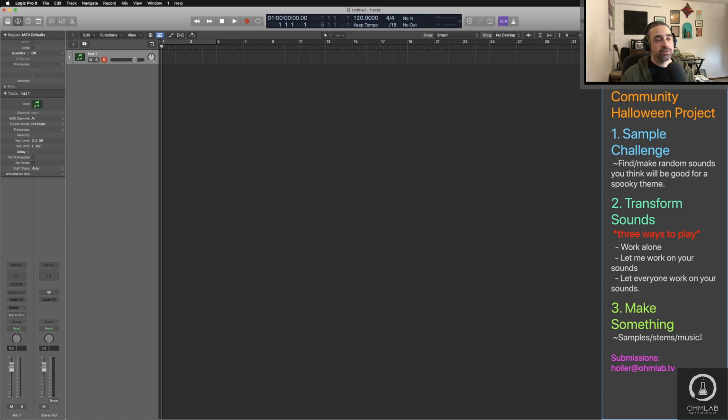And then the third step is going to be make something. So this is going to transpire over the next few weeks. As we start to get more and more sounds, more ideas will start churning, and then there will probably be this kind of mad production frenzy towards the end. The make something is a really cool part of this. So if we can get enough people involved and enough people motivated to follow through with making something really cool and creative, and then that sparks the next idea, and they keep churning out things,